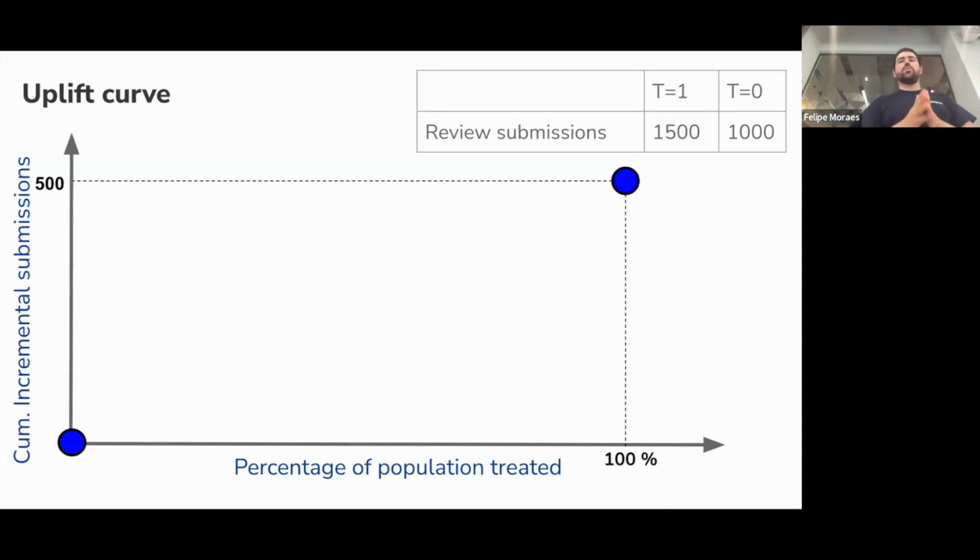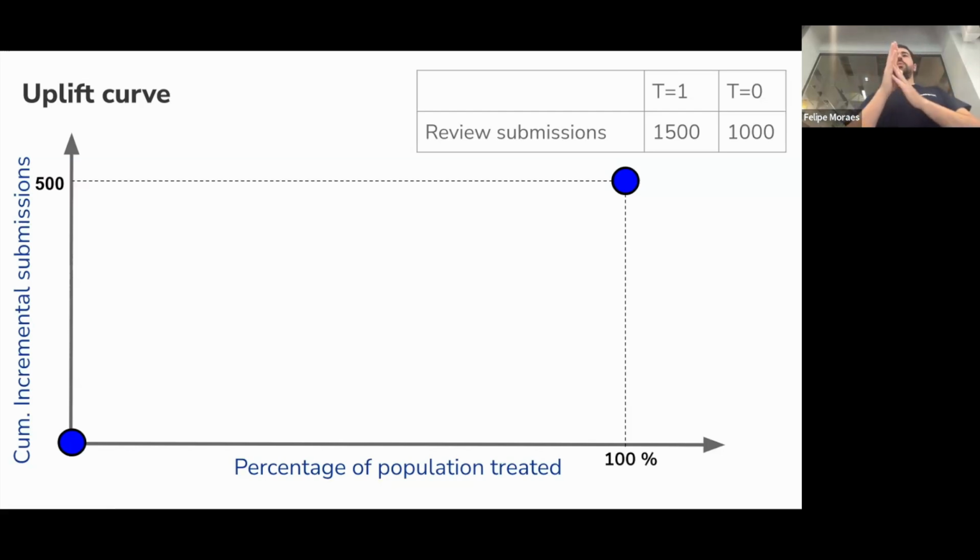So the first 2 points you can establish in this uplift curve is the 0, right? So if you don't show this treatment to anyone, you get 0, right? So you get exactly the same thing. Control, there's no effect. And if you give it to 100% of the people, you give treatment 1, you get this 500. I just have to say here a caveat. There's a lot of ways to calculate these uplift curves. I'll go a little bit in the end of the subtle differences between them.